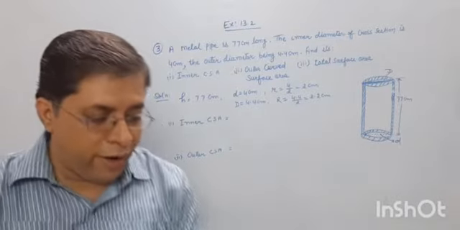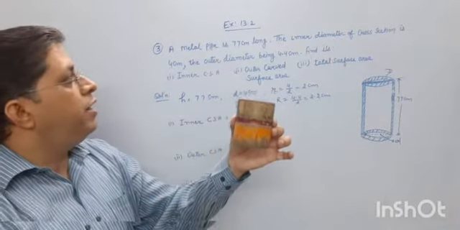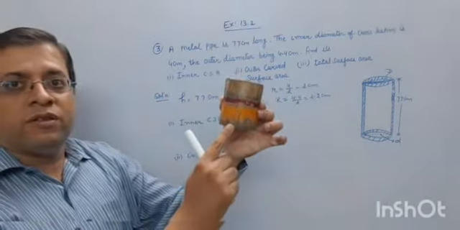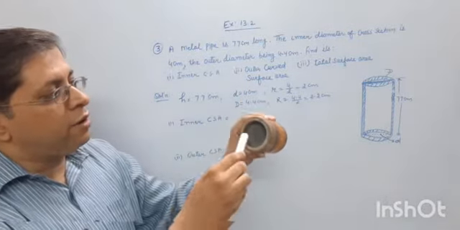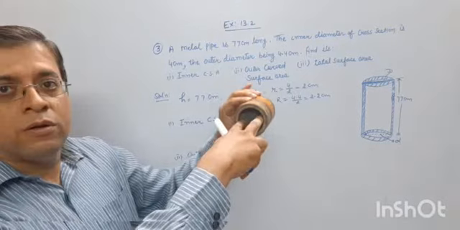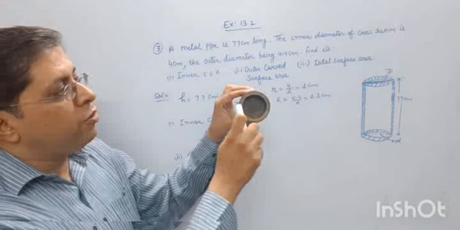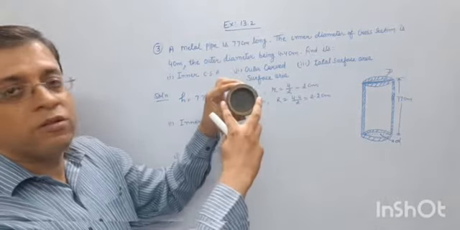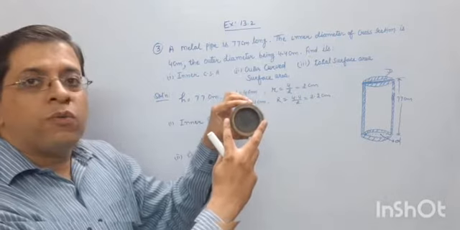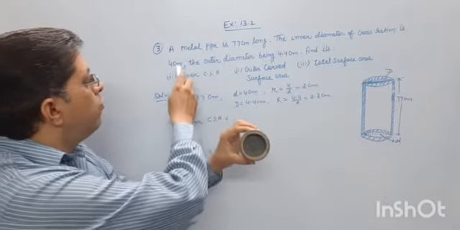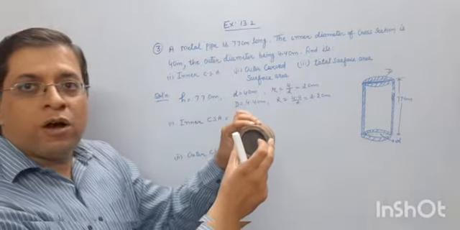Okay. You have to find, like, this is one cylinder and its height is given, this is given to you 77 centimeter long. Okay. And inner diameter, it means from here to here. Inner diameter. And outer diameter is what? From here to here, outer side. Is it clear? And what will be the thickness? See, 4 centimeter is this inner one diameter and 4.4 is outer one.